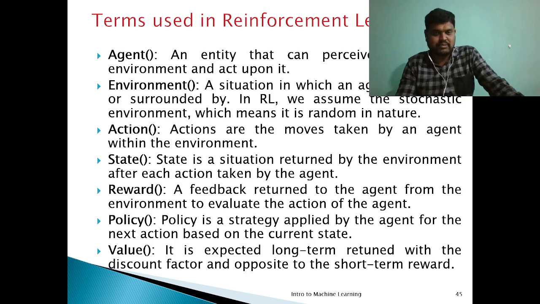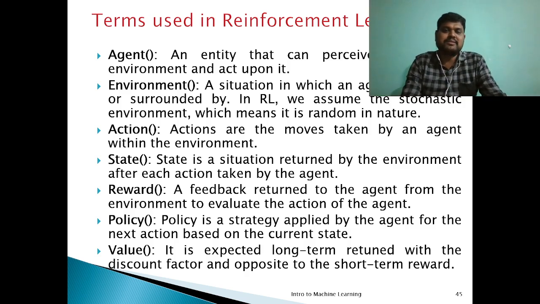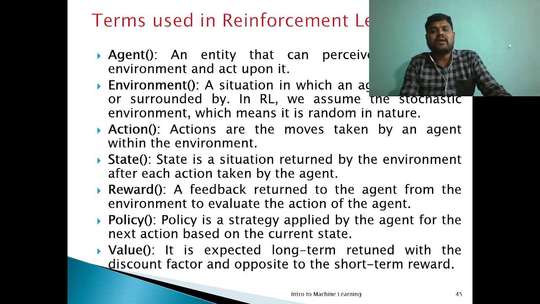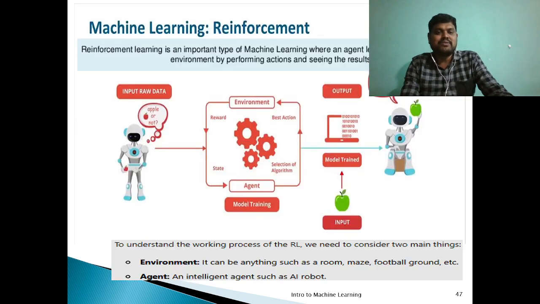incident or input on a particular environment, right? So the environment is basically a situation in which the agent is present, right? Whether it is a closed environment or open environment, what are all the surroundings, parameters, attributes, right? So actions are the moves taken by the agent within the environment. See, if you look at the diagram, you can easily understand. See, a machine learning model is being, this is the environment agent.